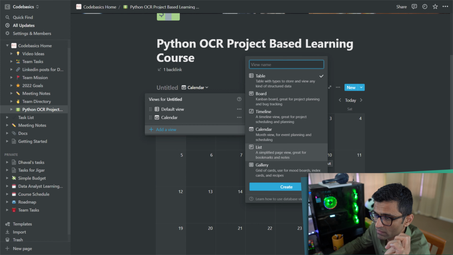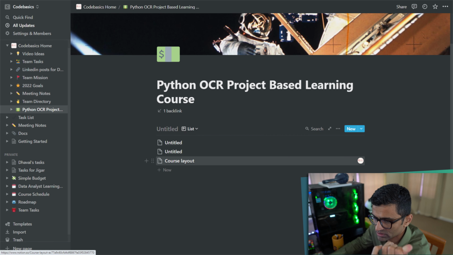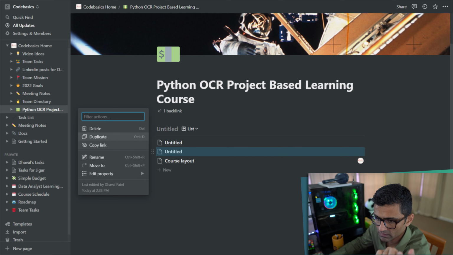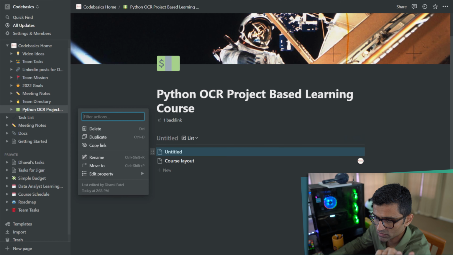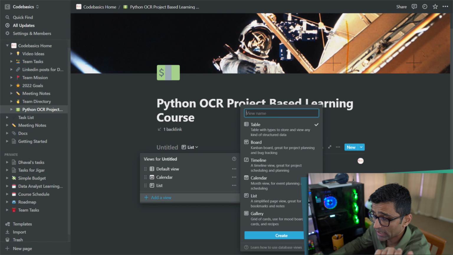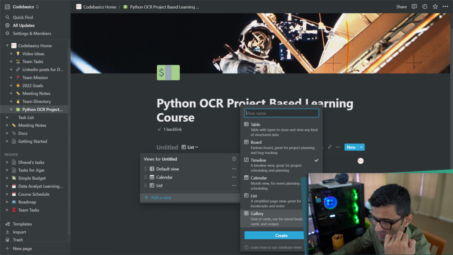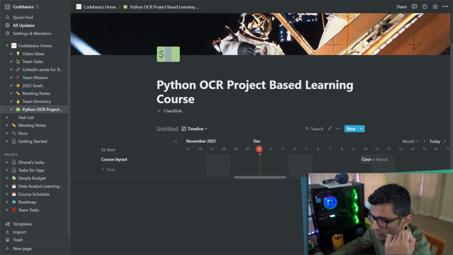If I add a view which is, let's say, simple list, so simple list looks something like this. Okay, I have few untitled items which I am going to remove, see, or I can add even a timeline view, and timeline view it will look like this.